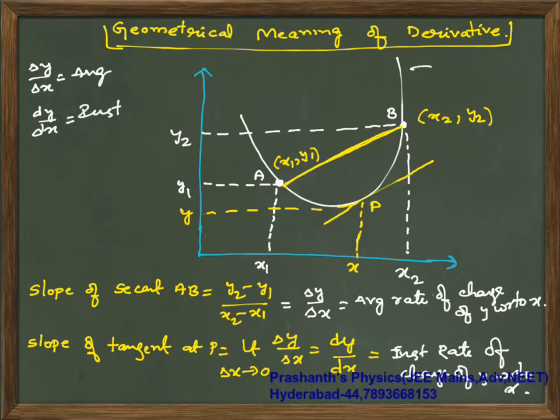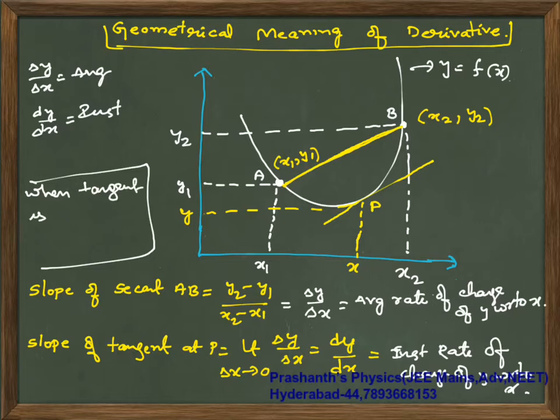means if you know the curve function y equal to f of x, you can directly do the differentiation. To get the slope, you are supposed to do differentiation. The important part is, when the tangent is parallel to the x axis, your slope is 0. That means your dy by dx is 0. This point is very important. Okay, so using this I will explain some important stuff.